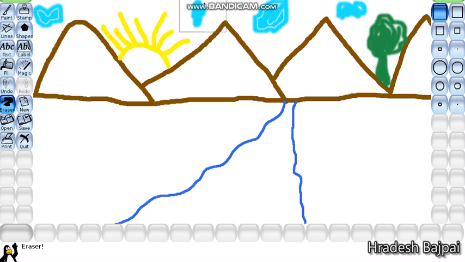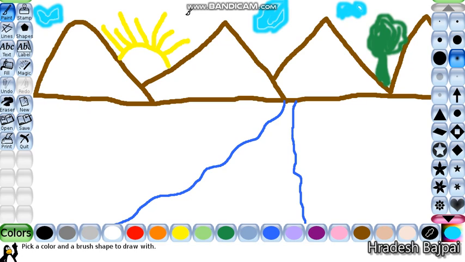But this sky is not looking good. I'm erasing it. No, it is not looking good. Okay, erased. Again I'm drawing here. Okay, this one is looking nice. So I hope the use of the haze brush is clear to you all, how we can use the haze brush and how we can use the